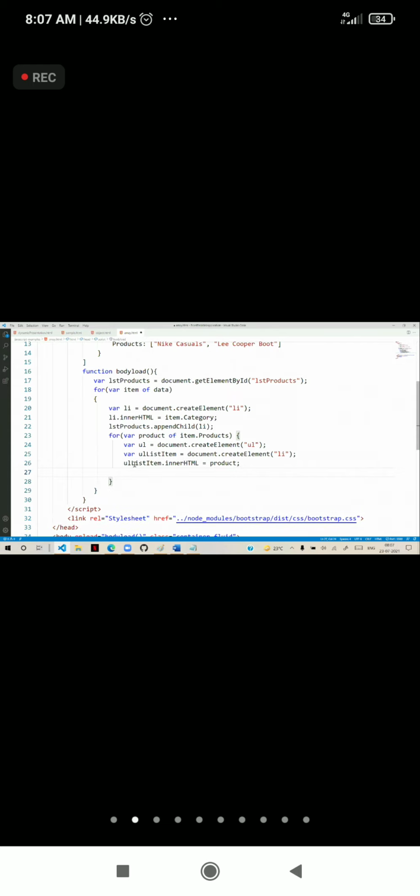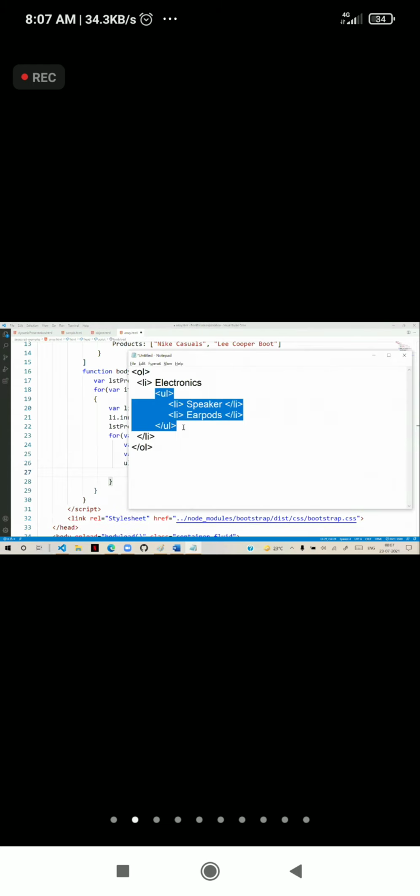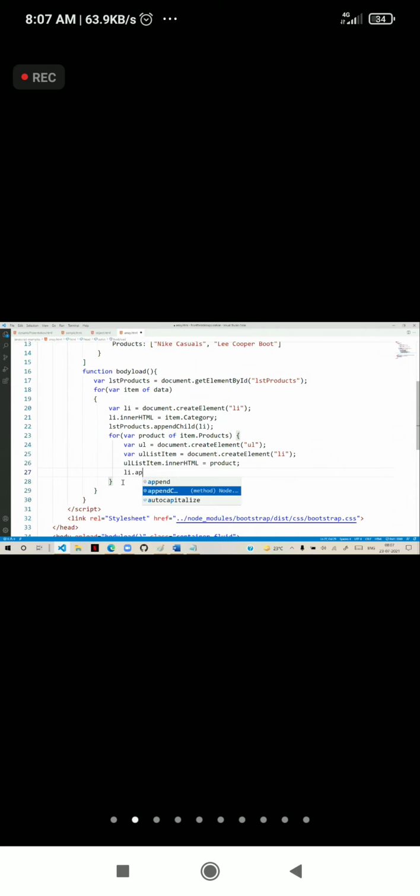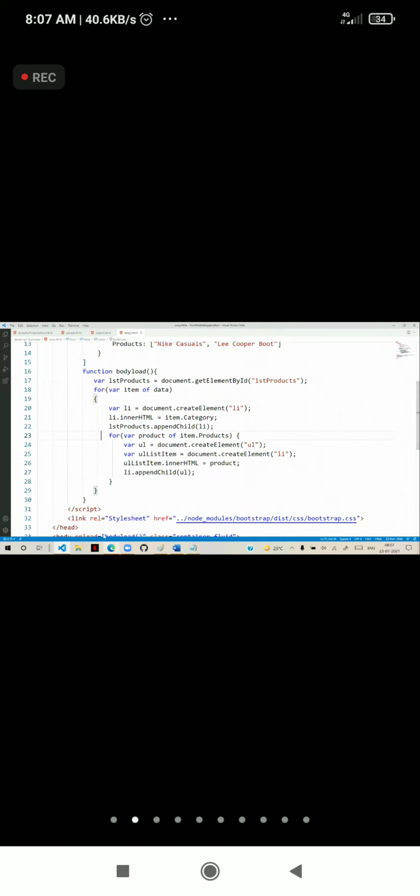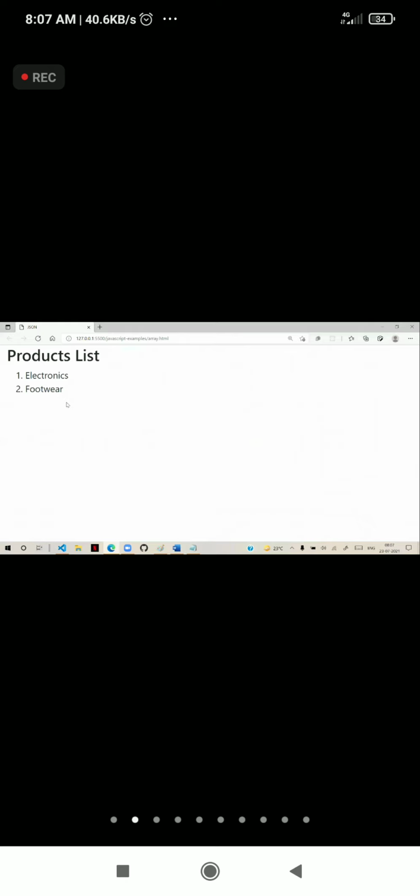Now this unordered list must be added to the list item. That means li.appendChild, into that we have to add that unordered list ul. Unordered list is added into li. Now you can see that list will be generated there.